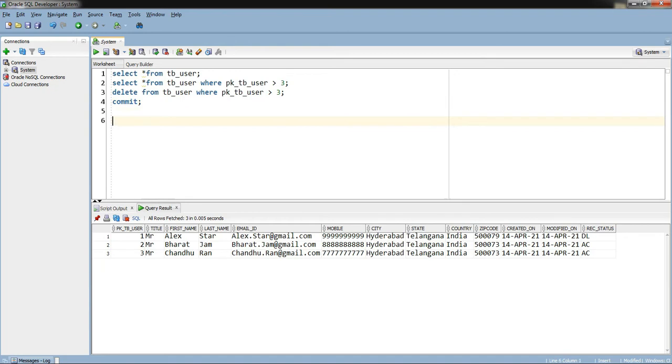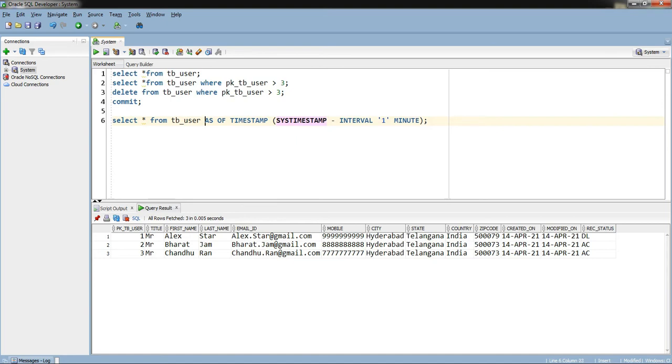So now I will try to write a query which will give that deleted data. Okay, TB user, this is a query actually. By using this part, we can get the data based on the timestamp.